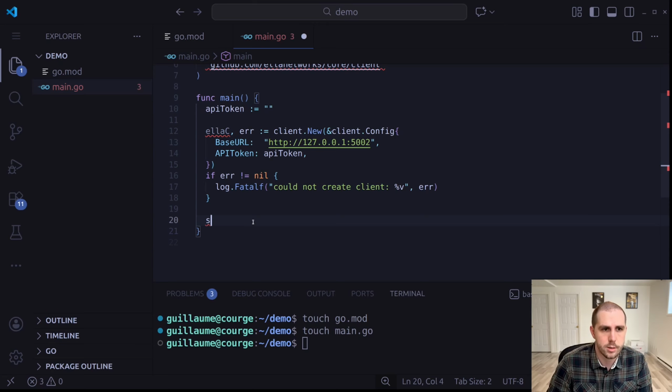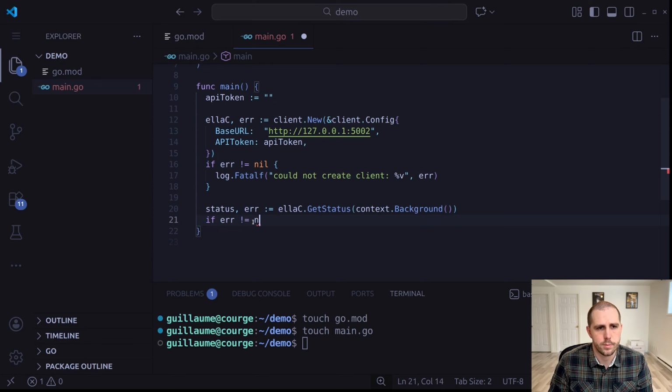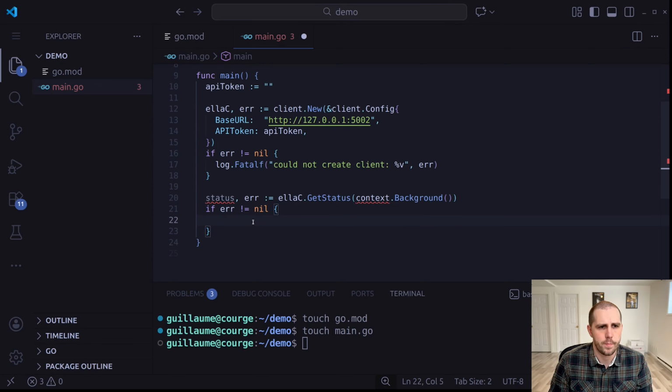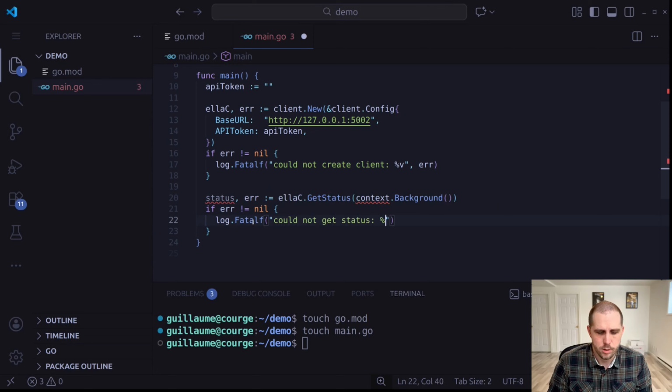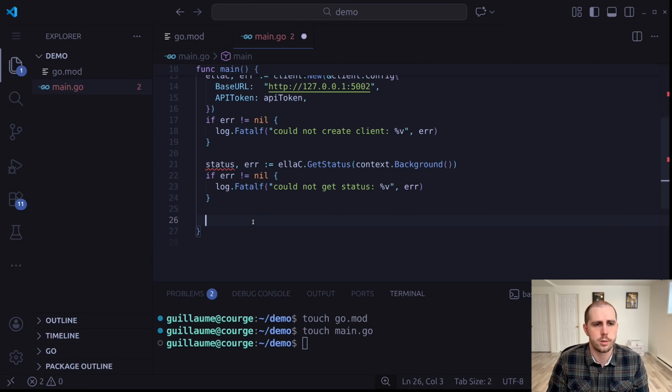So let's do that. Okay, and let's print the Ella Core version.